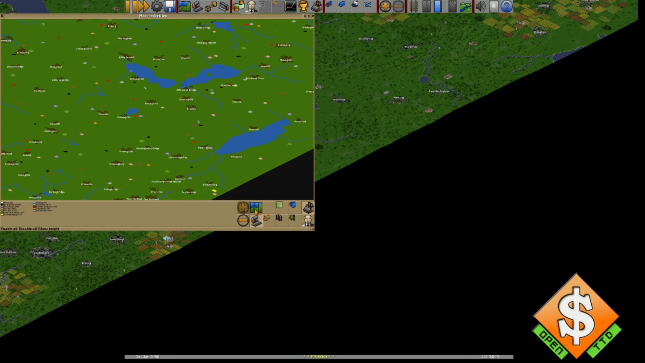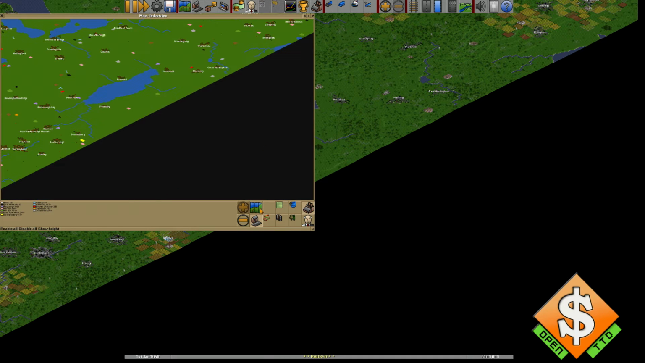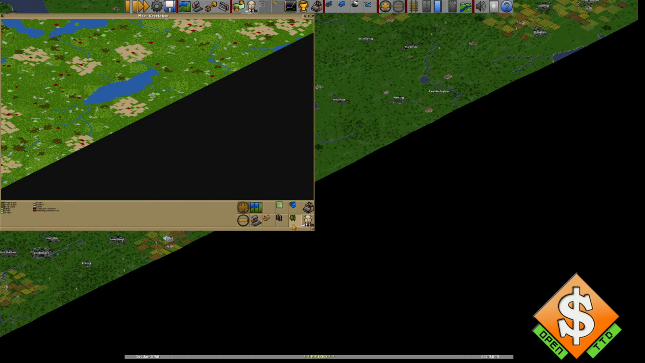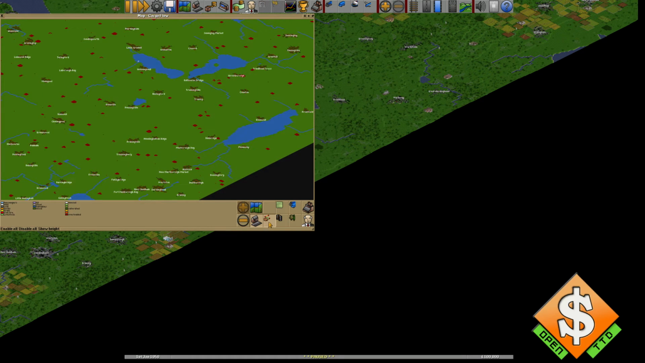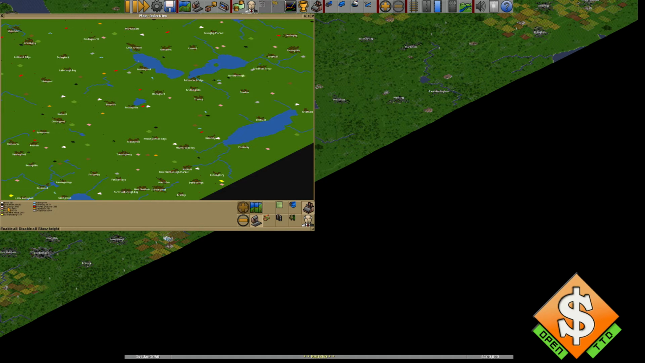This map mode here is where you will be starting, and I want you to press this one, show industries on map. It's not that easy to see here, but you can actually press each of these different industries, and if I can, I would like to get you to press every one